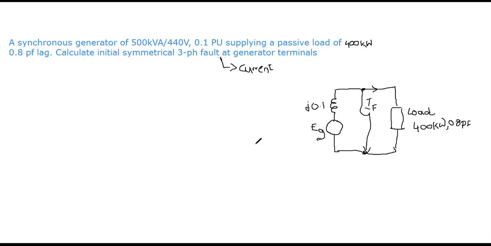Right. Now, first of all, this is the diagram that we have obtained from the given problem itself. First of all, we need to obtain the total load current, the actual value of the load current. Now see here, how do you determine the actual value of the load current? The power. So 400 kilowatts, that means 400 multiplied by 10 cube divided by